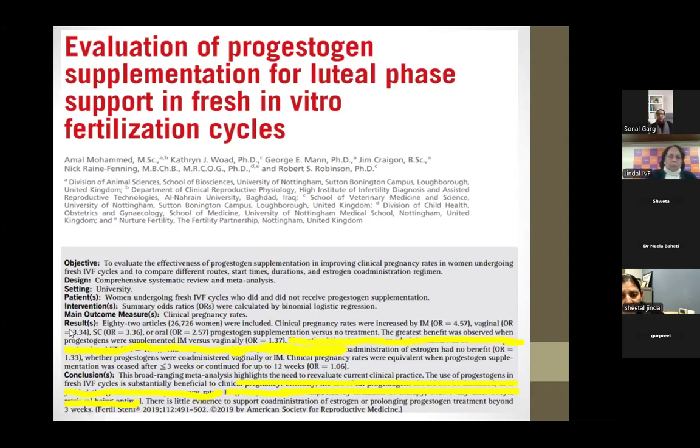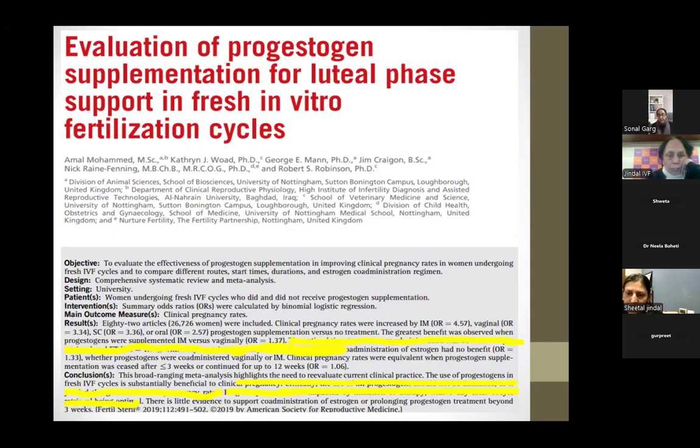The greatest benefit was observed when progesterone was supplemented intramuscularly versus vaginally, because it is now said that vaginal absorption of progesterone can be different, and it might not be the ideal way. So recently there is again an upsurge; there is sufficient literature which says that intramuscular progesterone is probably superior as compared to